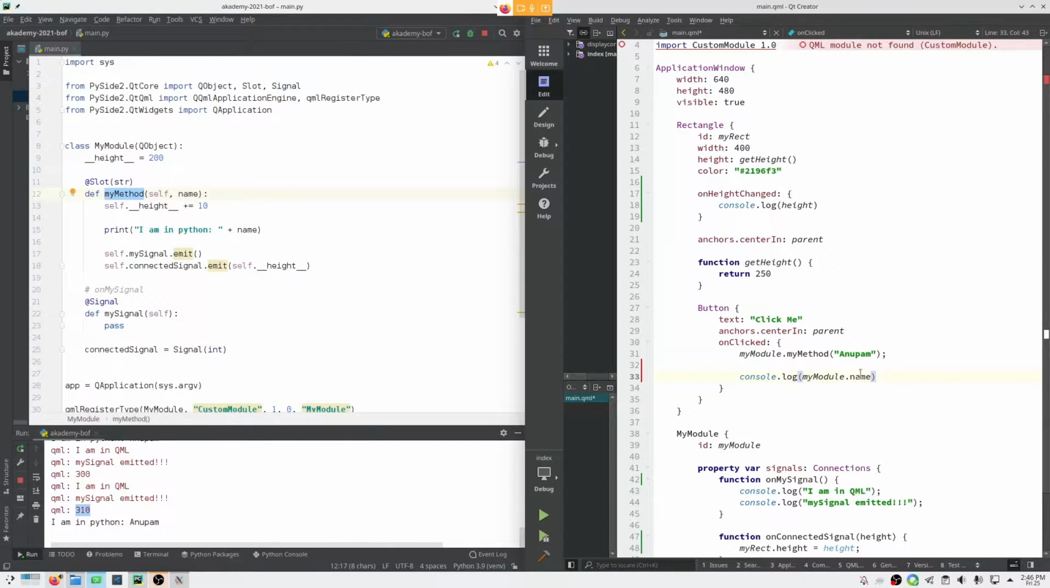To define a property, what you need to do is you need something similar to this. Before that, let's expose this internal class variable, private variable, as a property, so that I can do something like my module dot